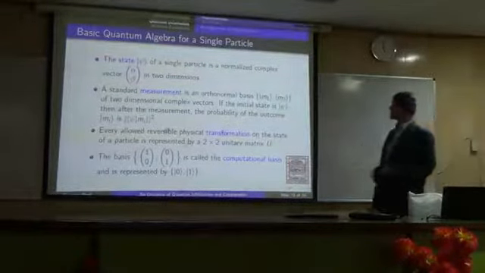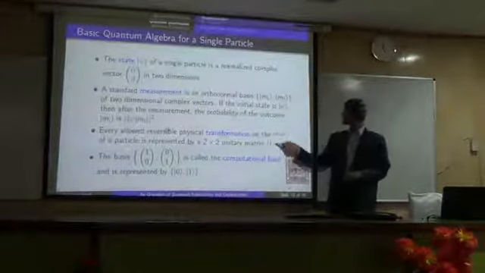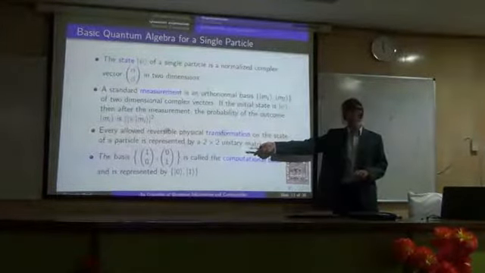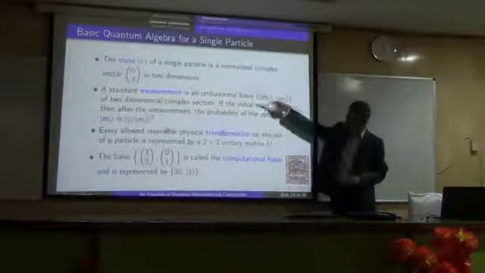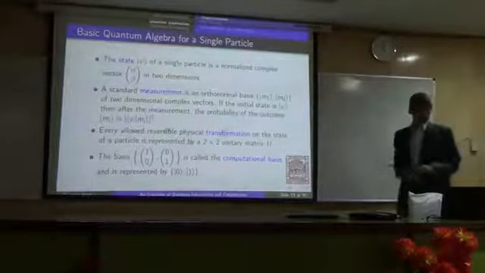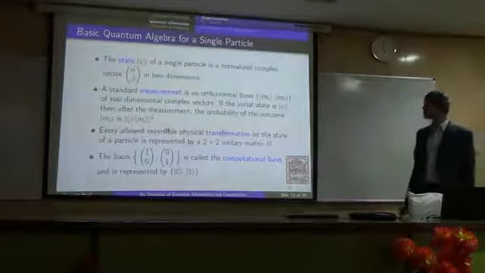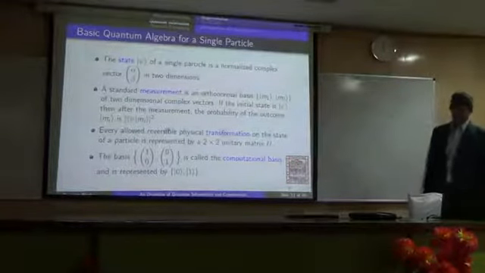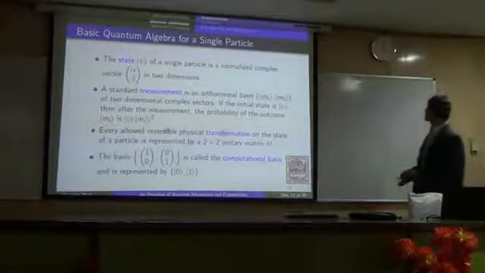And when you talk about transformation, every available physical transformation can be thought of as a 2 cross 2 unitary matrix U on this state. So U will be applied on this. And in particular, this (1, 0) and (0, 1) is a particular basis because any complex